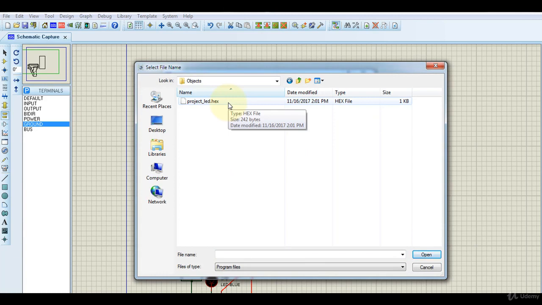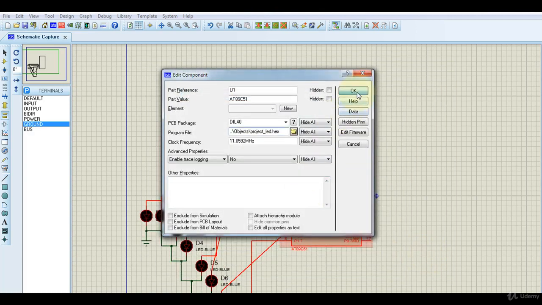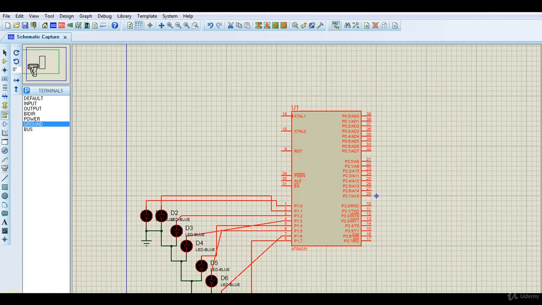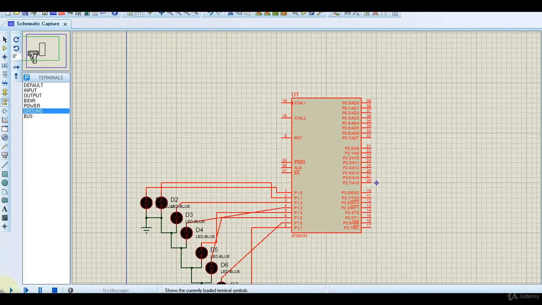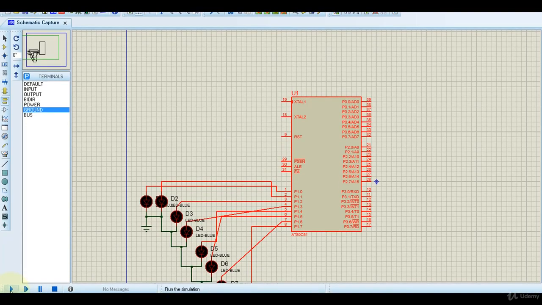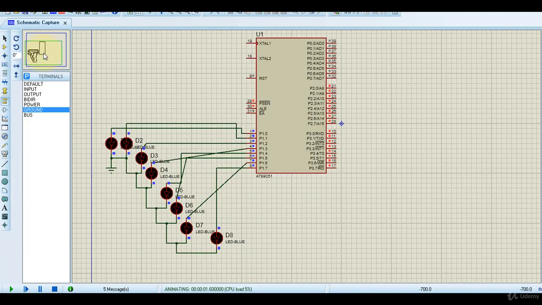This particular hex file is created when we rebuild our code in Keil software. So I selected that file, open. Okay, so when I click on the run button, over here, it starts blinking.